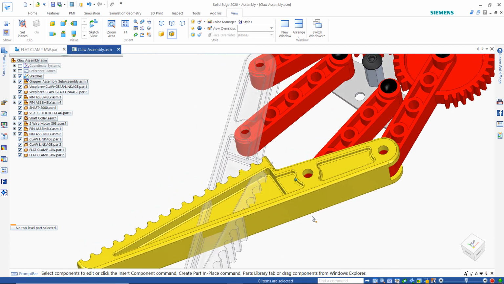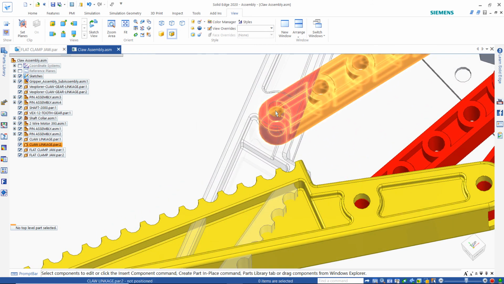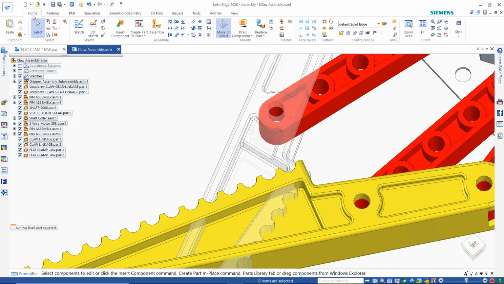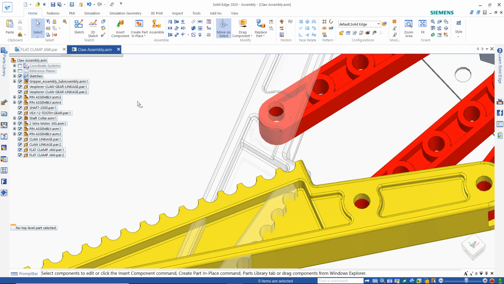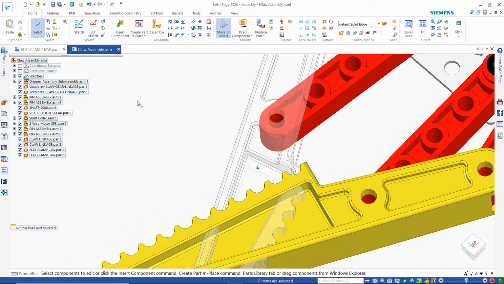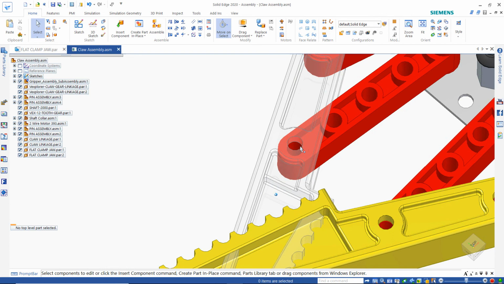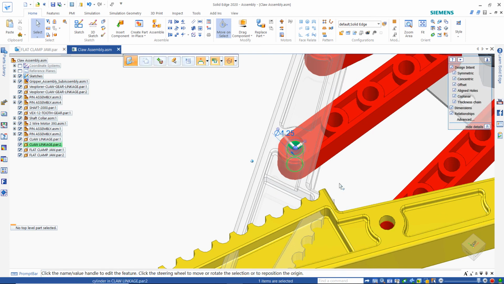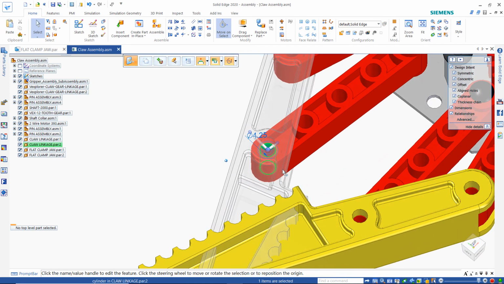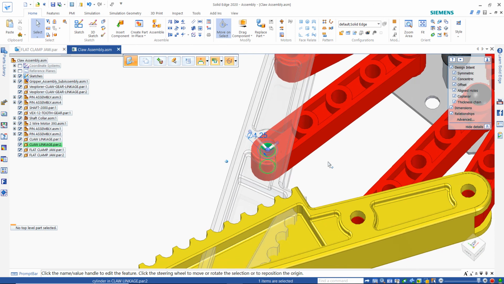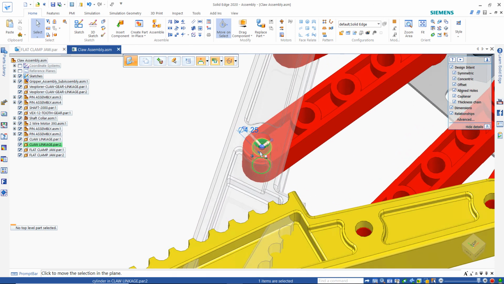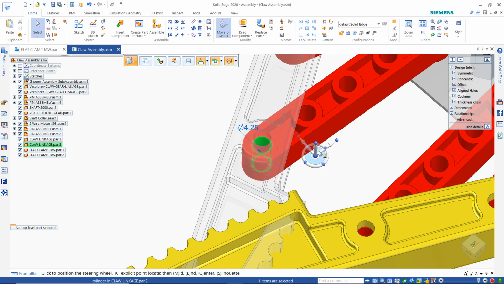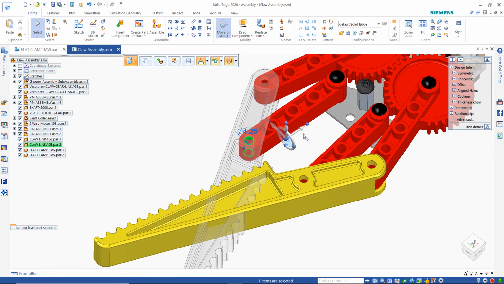And I can do that by selecting the face. So right now I'm selecting parts. In Synchronous technology, we can modify that part at the assembly level using the face selection. So at the assembly level, without having to go into the part, I can select the face of the part. This arc, or this radius on the outside, is concentric to the hole, so my Design Intent Manager is going to pick that up for me automatically, and all I have to do is start to change the length of